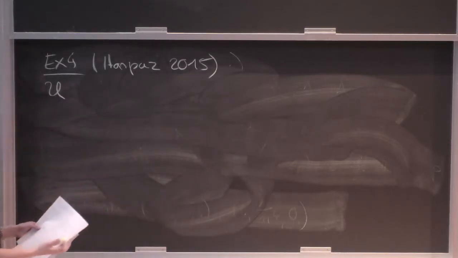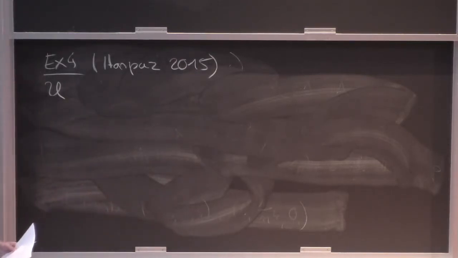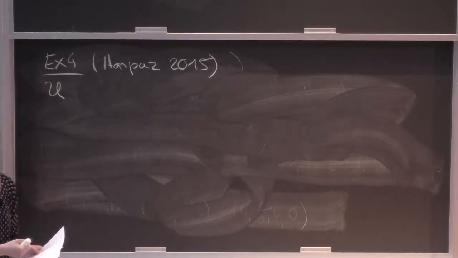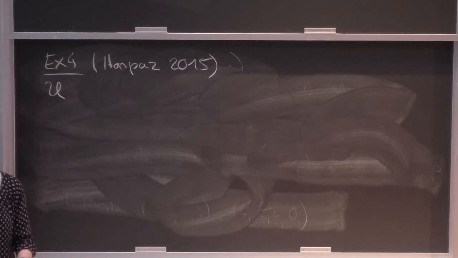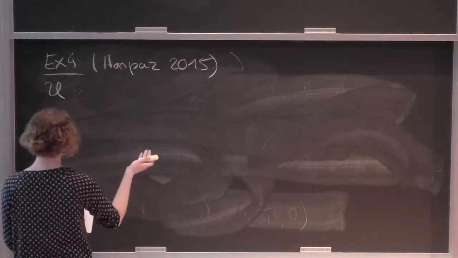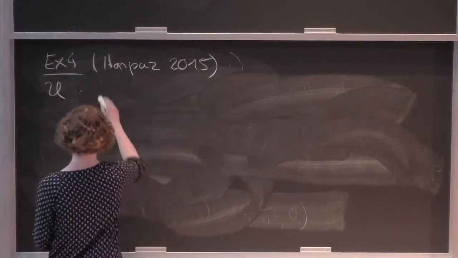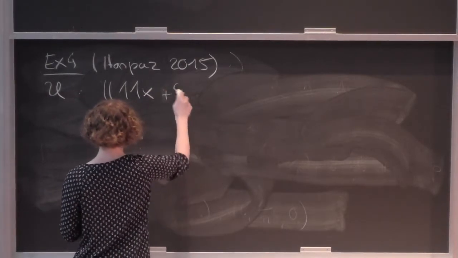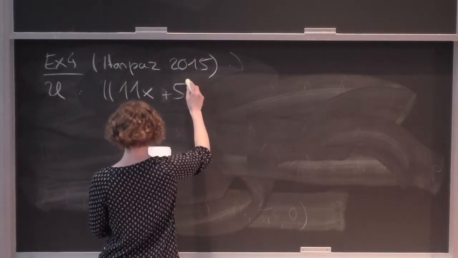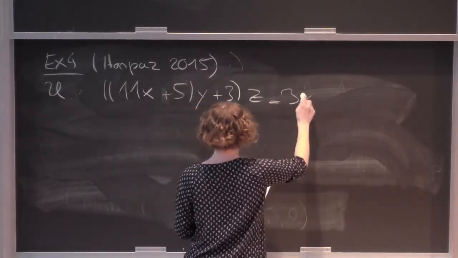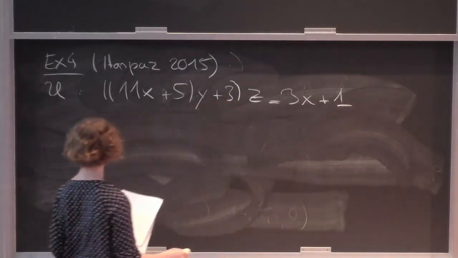So when we were working on systems of two quadratic equations, we realized that we could mimic similar examples as Harper's. We could easily build things which look completely unobstructed, which have local points, where Brauer-Manin doesn't obstruct anything, but we still have obstructions. So that motivated us to ask, what could be a reasonable notion of obstructedness at infinity? So Harper's example is given by an equation of this type plus 3 times z equals 3x plus 1.